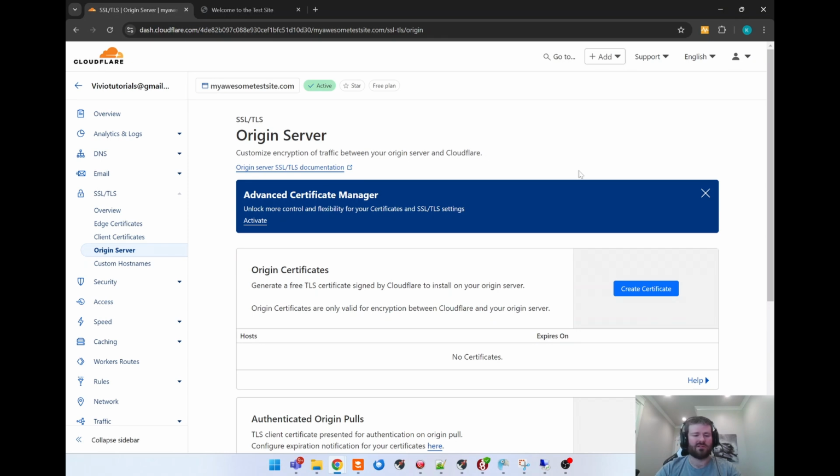The Origin certificate that you get from Cloudflare is valid for a very long time, but we recommend that you come in here every year if you do this option and create a new certificate and get it installed on the server. The reason for that is encryption standards change, and just to make sure that you don't run into any unexpected errors down the road with your certificate no longer being trusted, just make sure you renew that frequently.